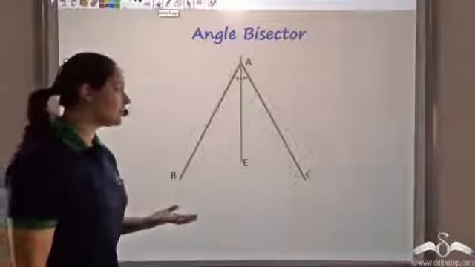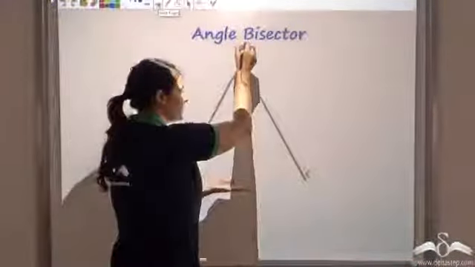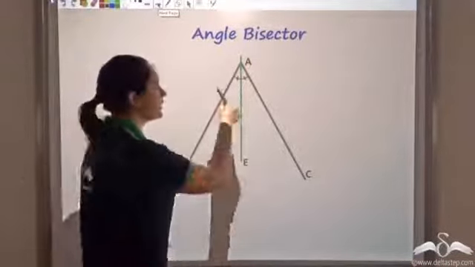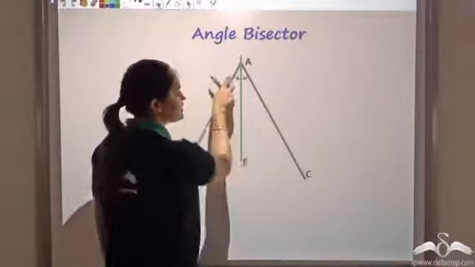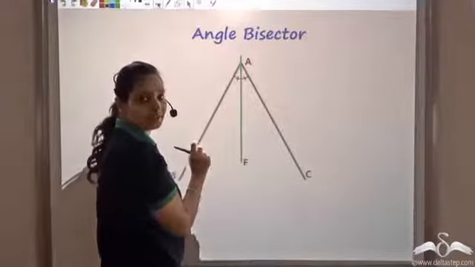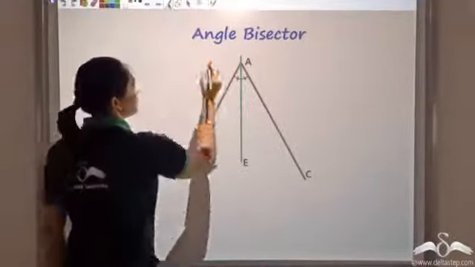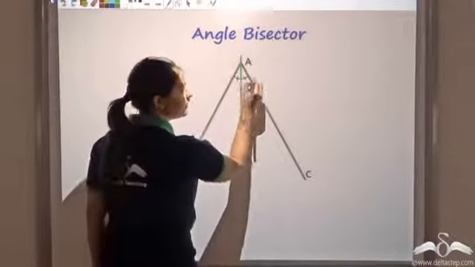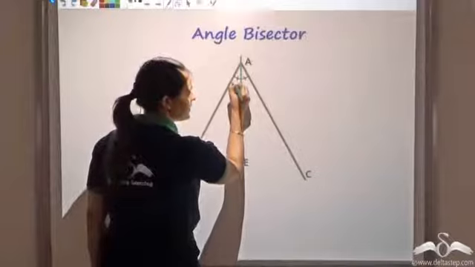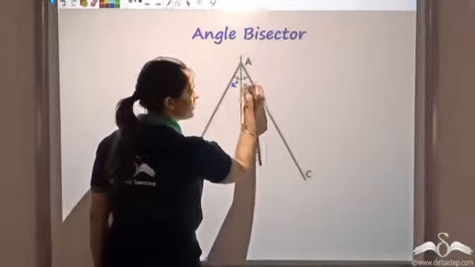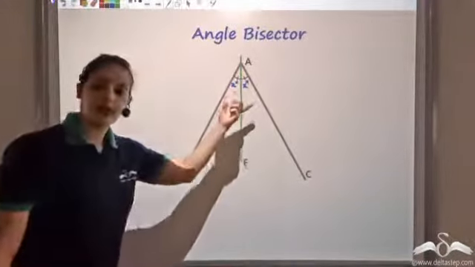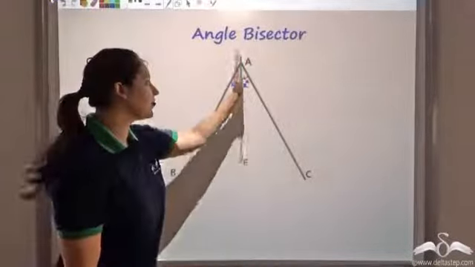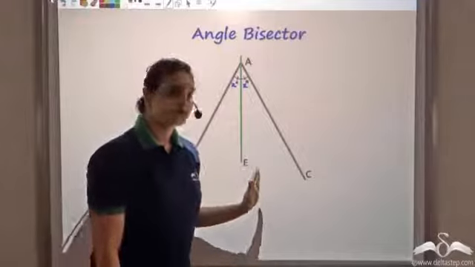So what is an angle bisector? If AE is an angle bisector, that means that AE is actually bisecting this angle which is formed at A. So, bisecting the angle, that means if this total angle was 2x, then this is x degrees and this is also x degrees. So, the angle is being bisected by the line.